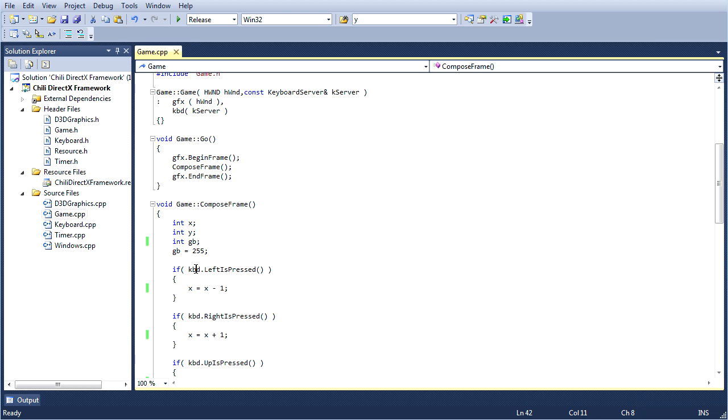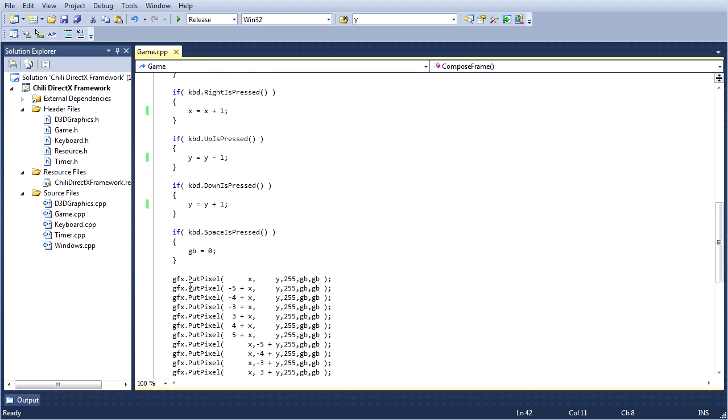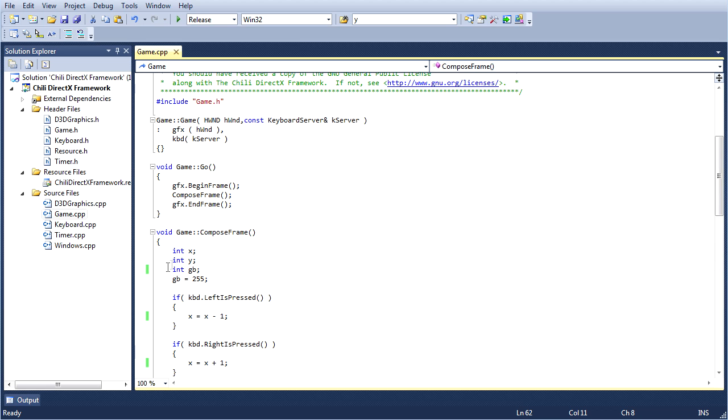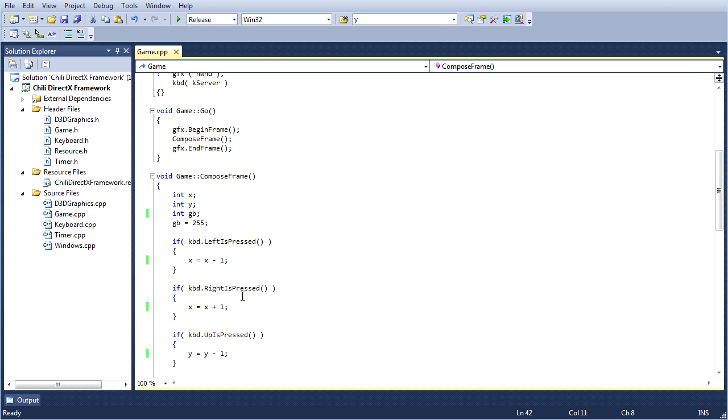Now, I want you to take a look at graphics, the graphics object, and the keyboard object. These objects are also what you could call a variable, right? Now, we've been using them the whole time here, but we never declared them. We just started using them. And a valid question might be, where do these variables come from?